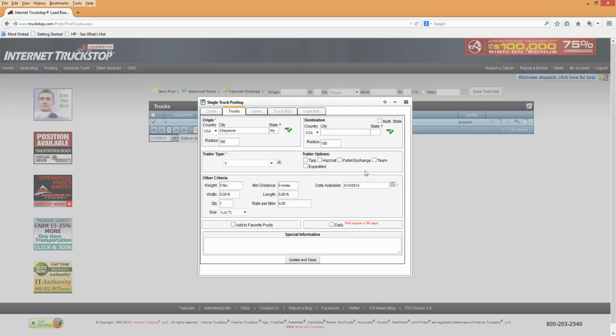My trailer options, I don't have a team here. I can do a pallet exchange. I do have pallets. He's not a hazmat driver, and it is a van, so I don't need a tarp, and we don't run expedited freight. So the only one I'm going to choose on that is the pallet exchange. All right, now if I wanted to, I could put the minimum distance load amount I would want is 1,000 miles, and I could even put